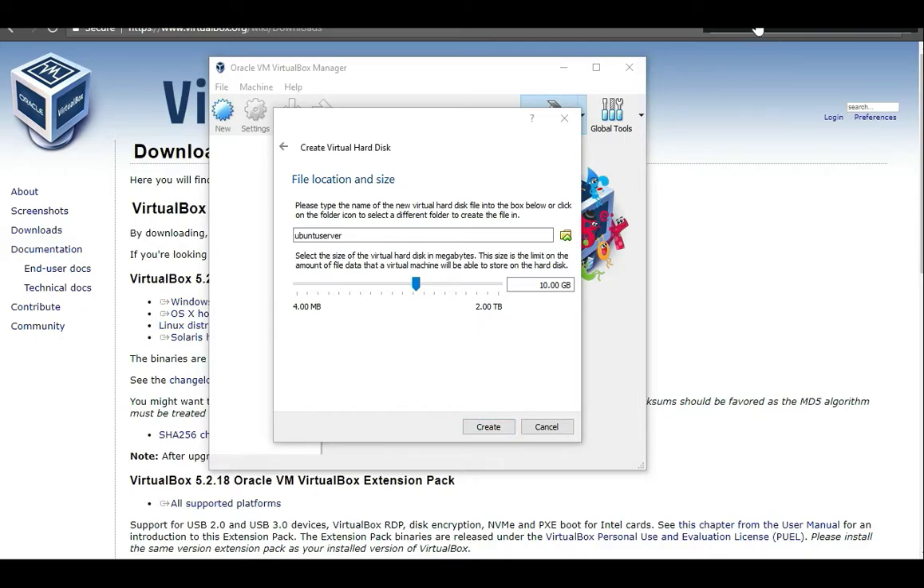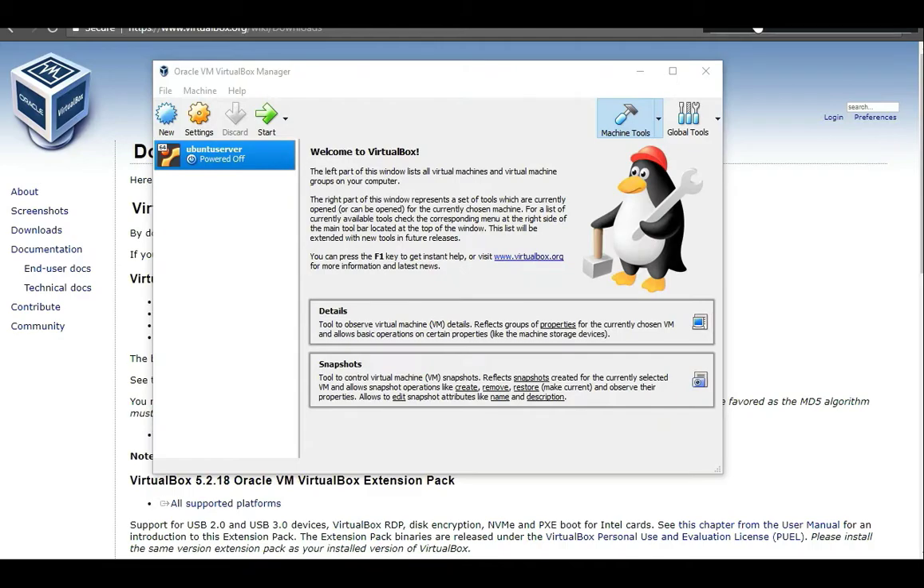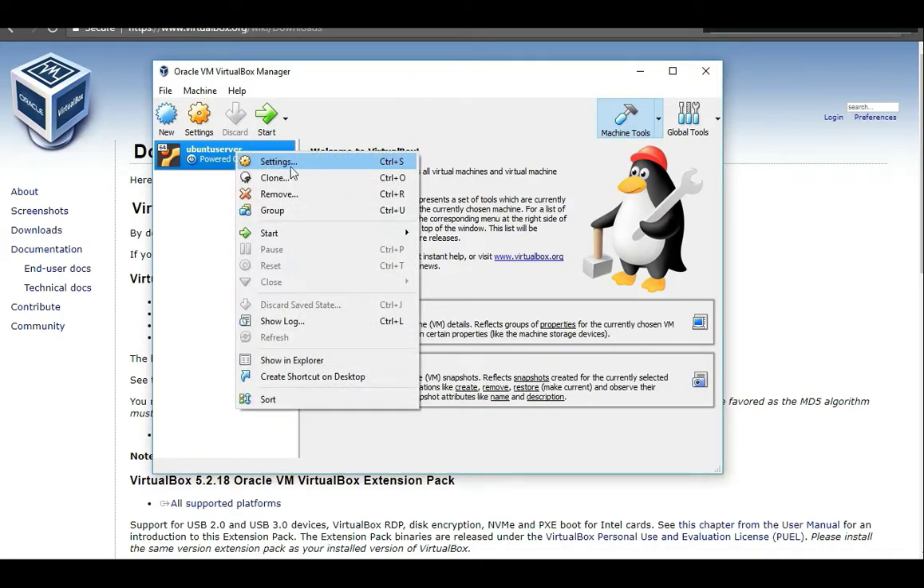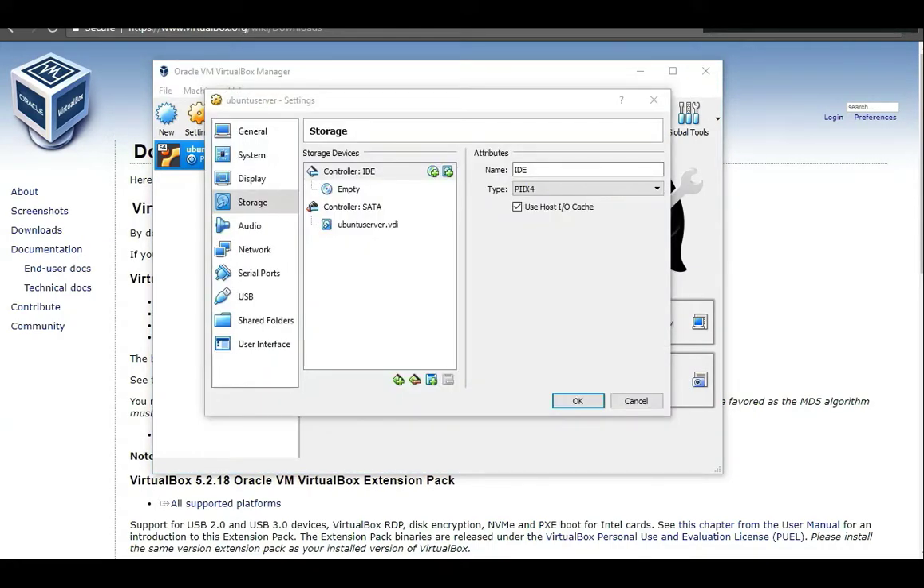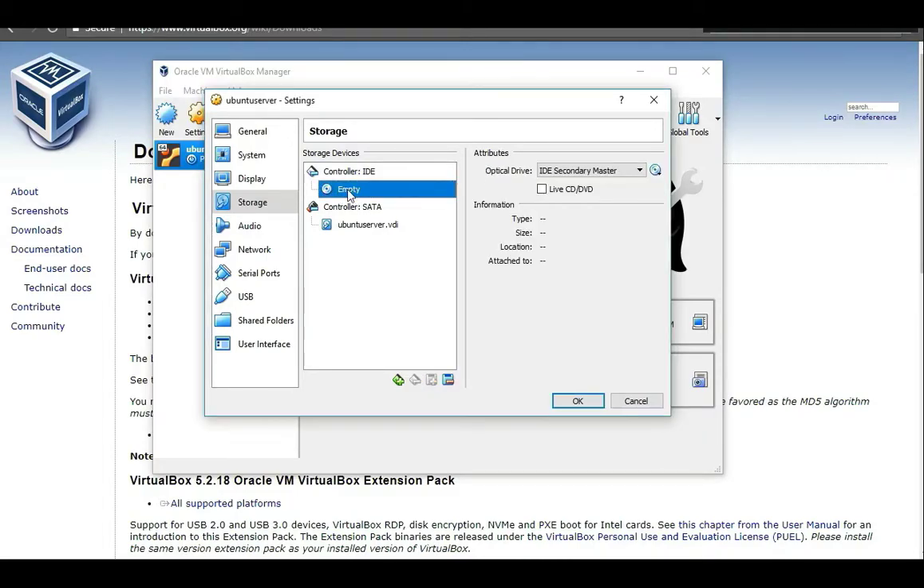So we're going to click on create. There you go. So you do this with Windows, you can do it with Linux. If you wanted to actually put an ISO file on it, you right click on it and you select settings, click on storage, click on empty, almost looks like a spinning disk, click on the optical drive,